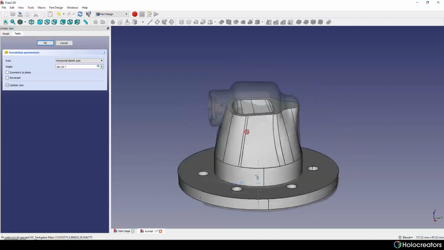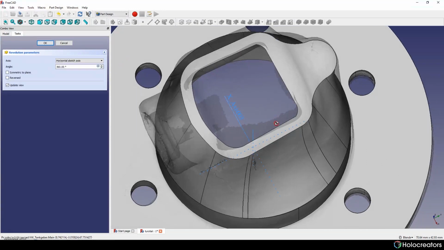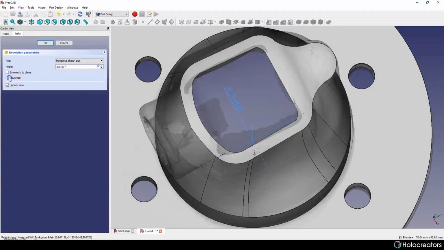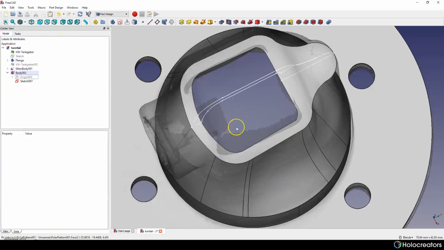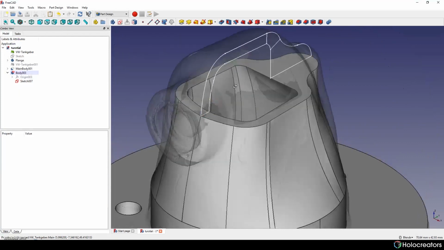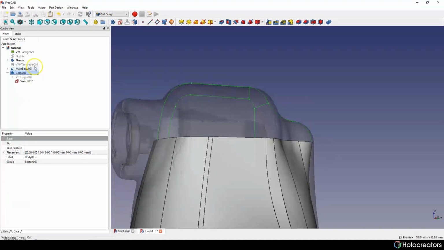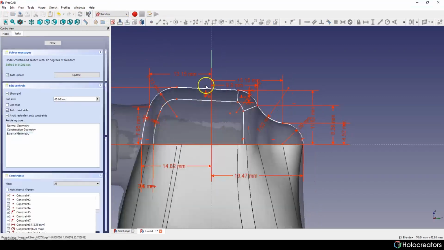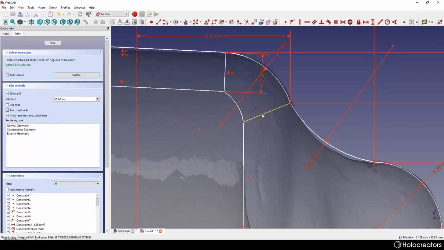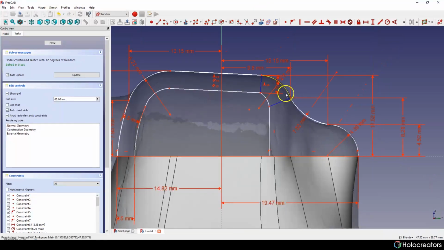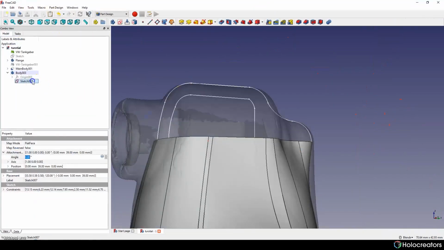And again, it doesn't work properly for some reason. Okay, I think the problem is these two lines that we have to hide. We'll do this by changing them to construct lines, and let's try it again.